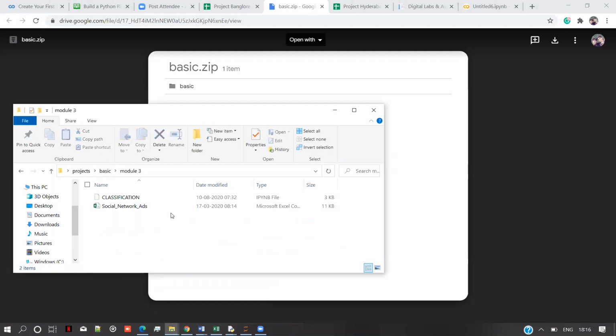In module 3 you'll find an IPYNB file and the Social Network Ads data set needed. You can open this IPYNB file in a Jupyter Notebook or Google Colab, where you will find the skeleton of the project. And this is the data set we are going to deal with today.